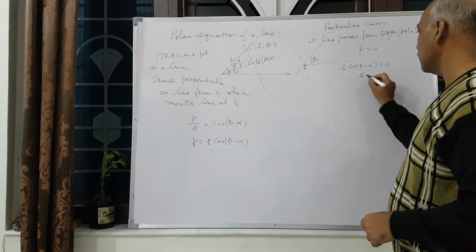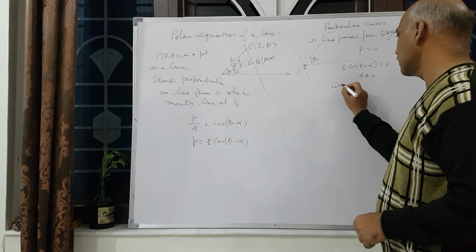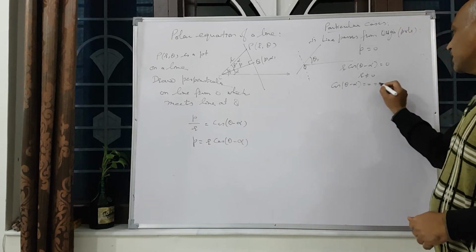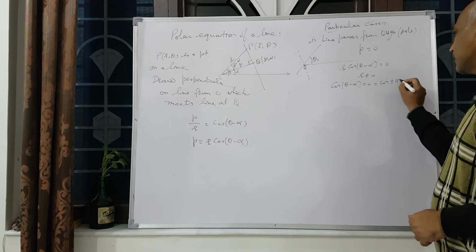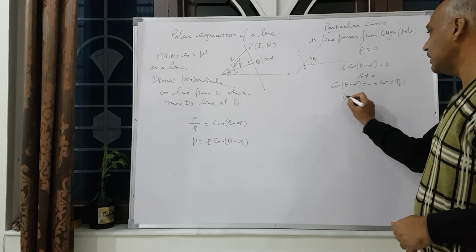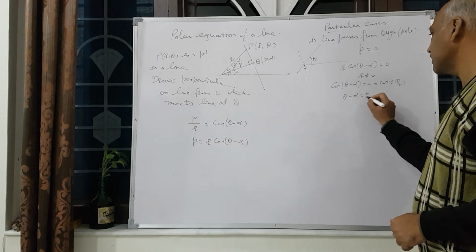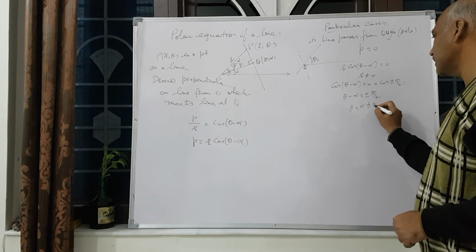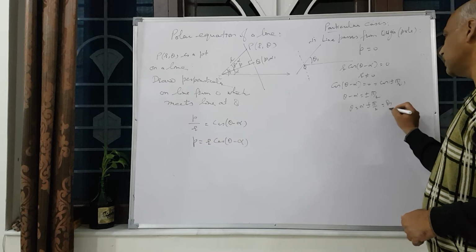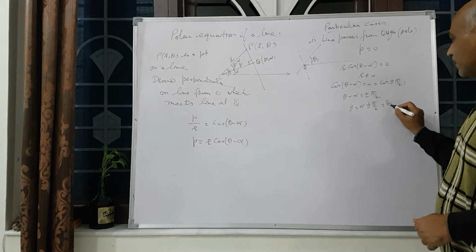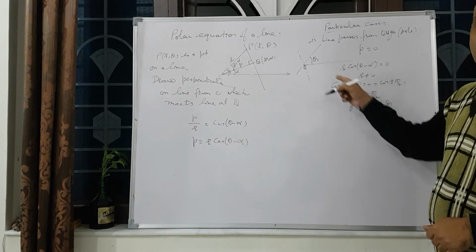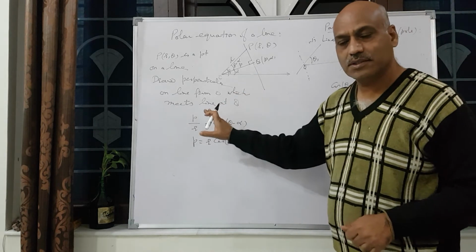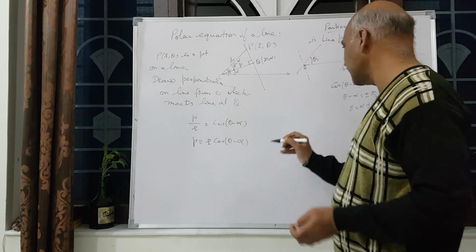So r does not equal 0. It means cos theta minus alpha equal to 0. Cos is 0 means theta minus alpha is equal to plus or minus pi by 2. Theta is equal to alpha plus or minus pi by 2. This is theta 1. What is theta 1? Theta 1 is alpha plus or minus pi by 2, if it passes through the origin. Okay. Now we take,